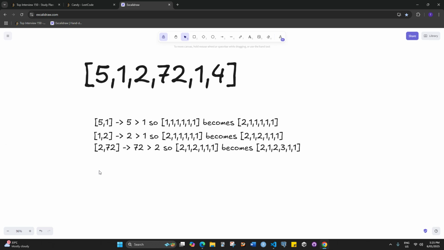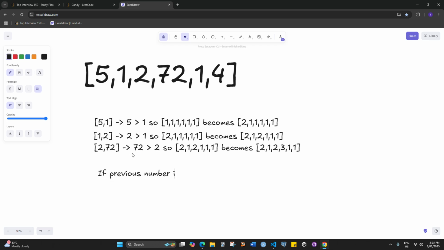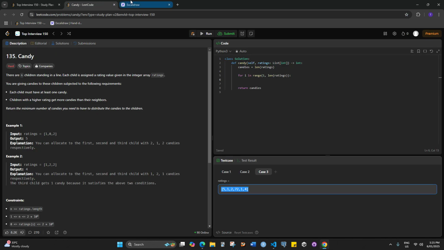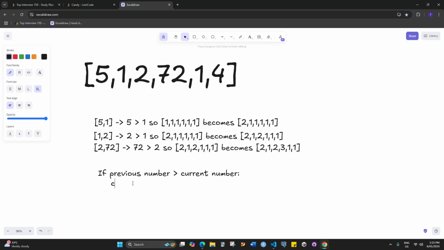Okay, wait, maybe I see a bit of a pattern, so I can just loop through it and then we can compare. So if the previous number is greater than the current number, because everything starts off at 1, then we can do candies plus equals 1. We do the previous plus equals 1, and then we do else